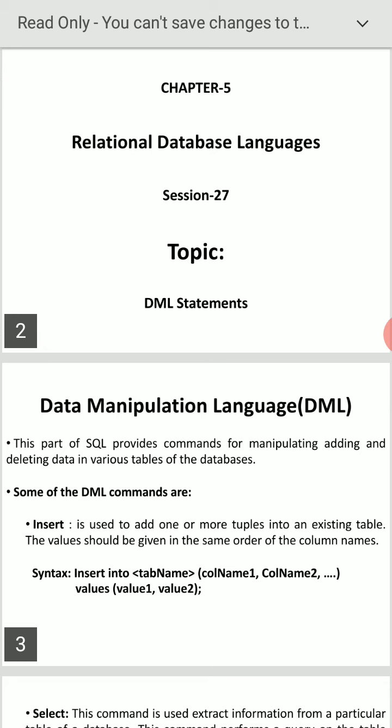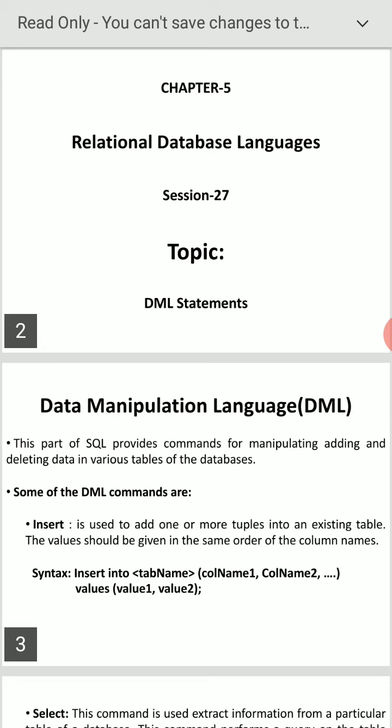What is the purpose of this? Suppose you want to manipulate the data in the various tables, the various database relations. That can be done with the help of DML manipulation.